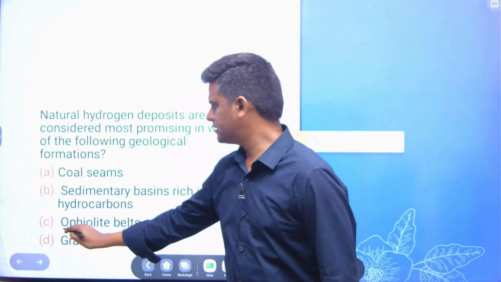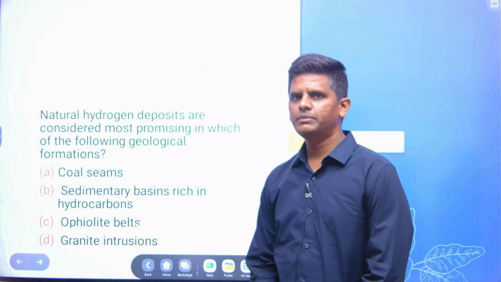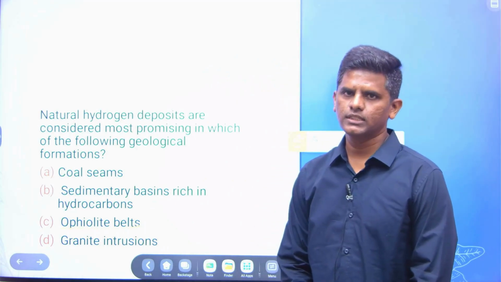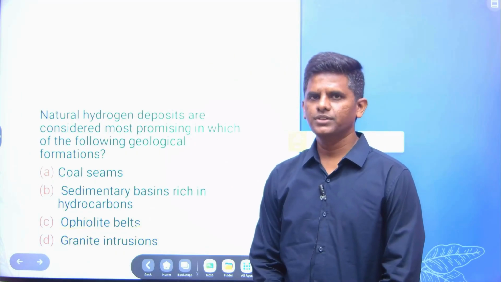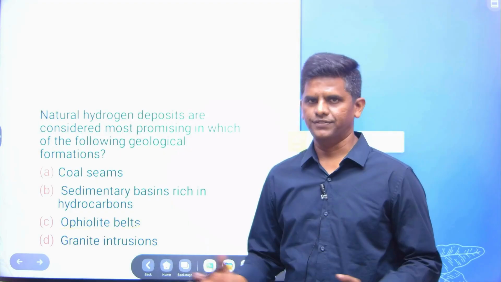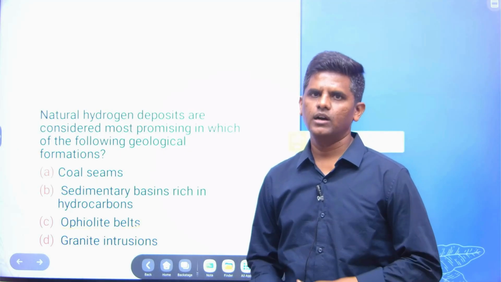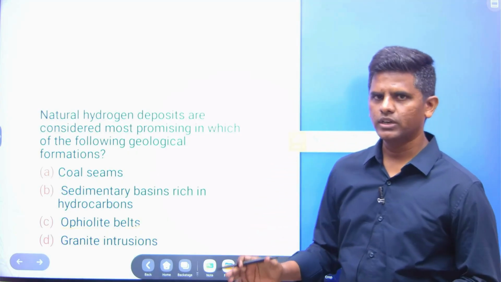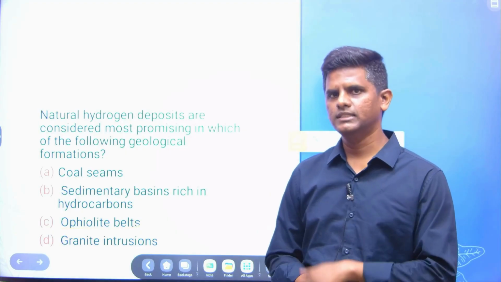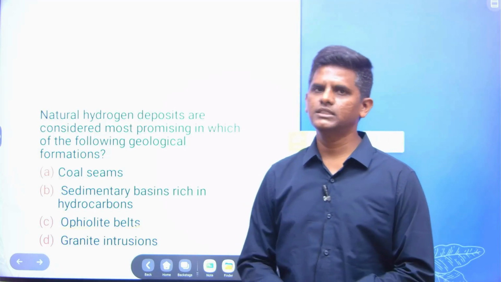Ophiolite belts. So what are ophiolite belts? Ophiolite belts are those ocean crust which came up onto the surface because of continental drift. For example, the Himalayan region, which was once at the bottom of the ocean, because of the continental shift is now on the land surface, and this is considered to be one of the promising areas where natural hydrogen